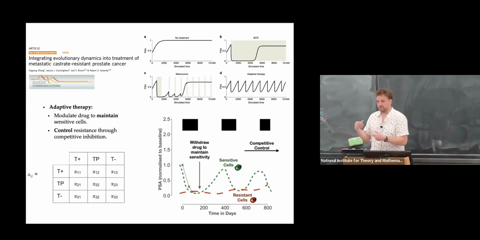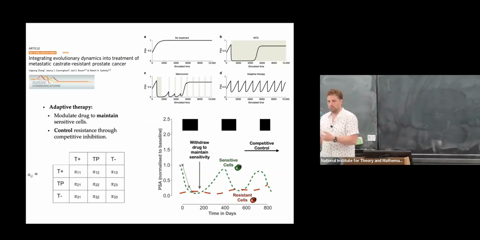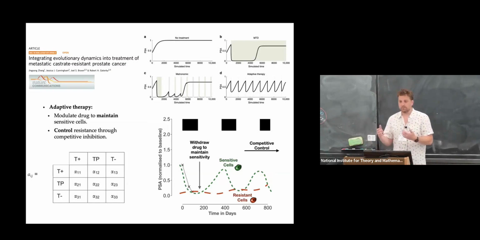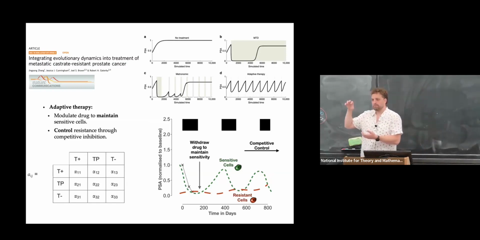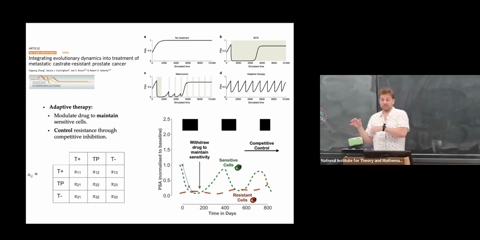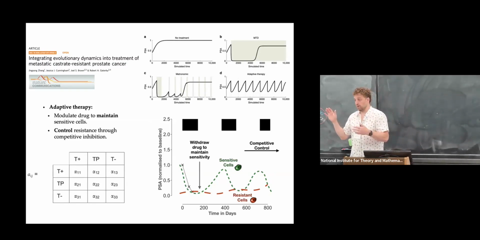So if you take these ideas and you move forward toward a clinical trial, which seems audacious, but was done at Moffitt Cancer Center, you can take this idea of something called competitive release, which is the idea that a sensitive ancestor can outcompete a resistant clone that has arisen from that sensitive ancestor, given no drug situation. So in the absence of therapy, the sensitive can actually beat down the resistant. Once the therapy turns on, we saw the resistant grows out and the patient's in trouble.